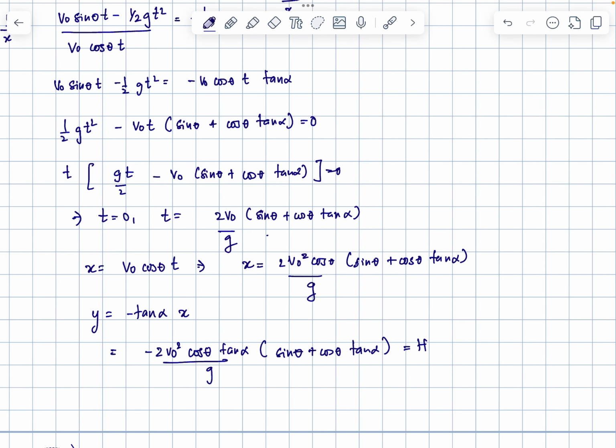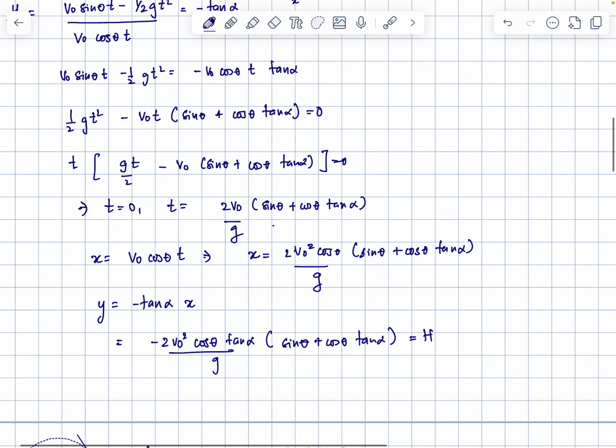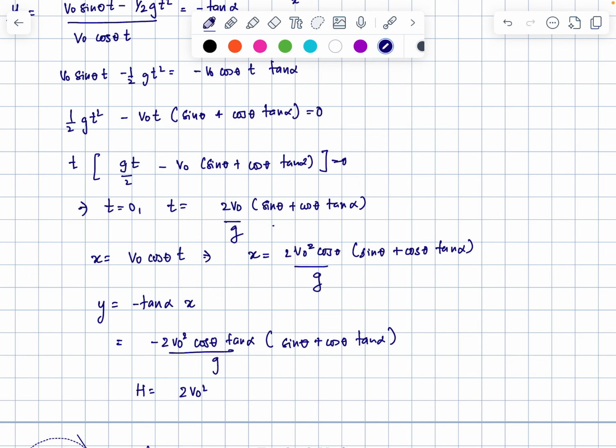And h here has a positive sign, so we will take this out and make h equal to 2 v0 square cosine theta tan alpha (sine theta plus cosine theta tan alpha) divided by g. Okay, so essentially that's how far below the horizontal